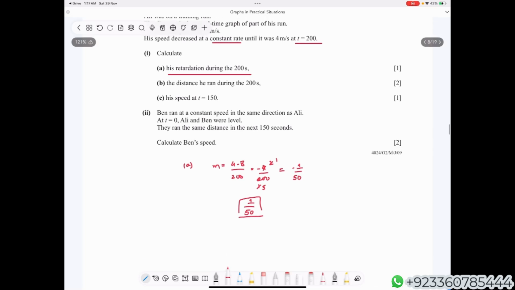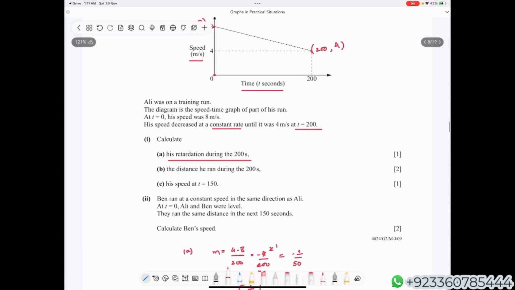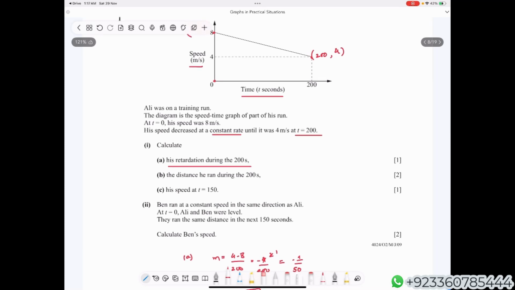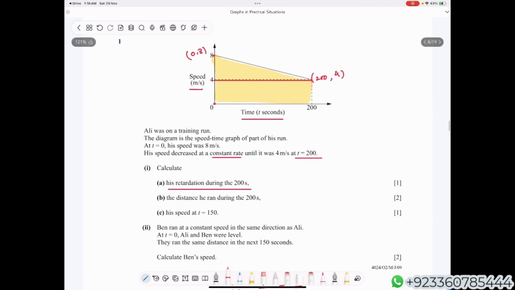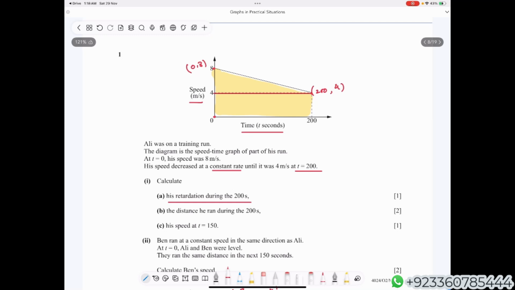Part B says the distance he ran during the 200 seconds. Now for a speed time graph, the distance is the area under the graph. That means you're going to find the area under this whole graph. The area for this graph, can you see, is divided into two parts, one a triangle and one a rectangle. You can either do it that way or you can use a trapezium. The area for a trapezium is half into sum of parallel sides